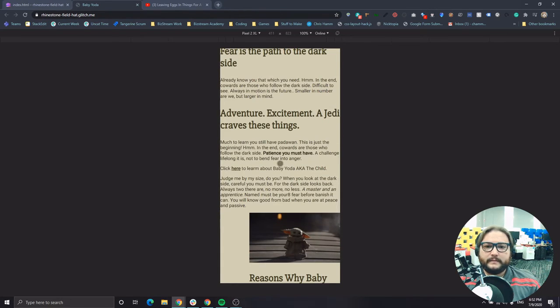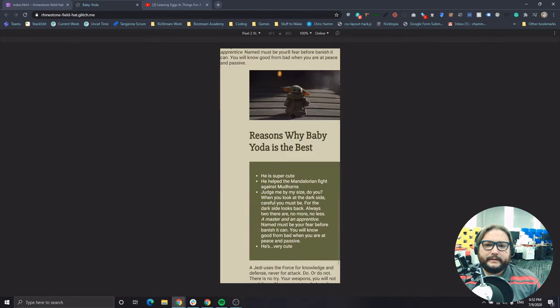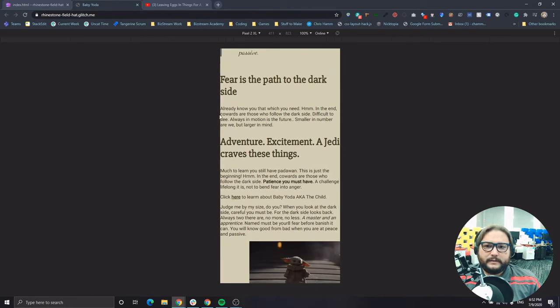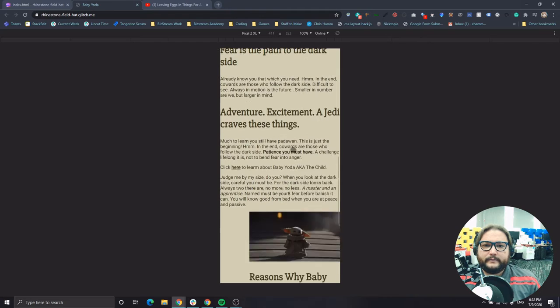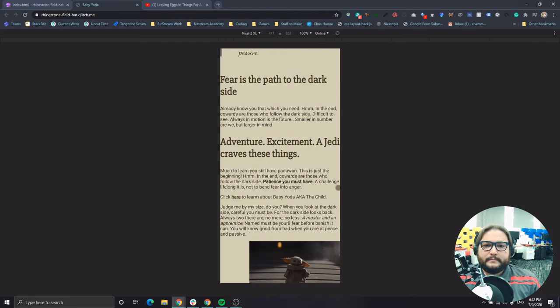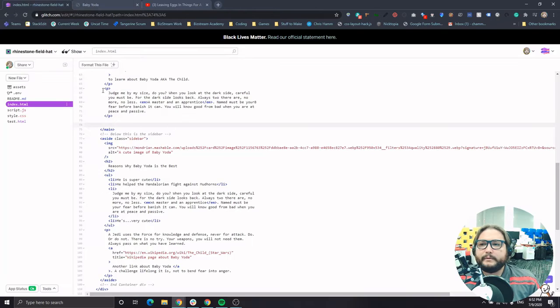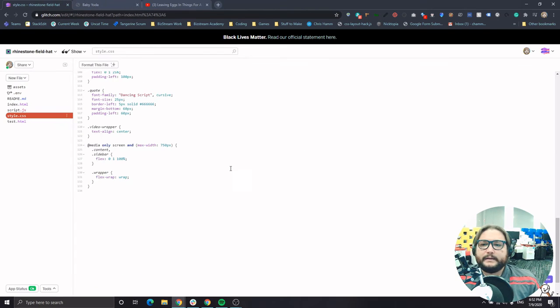Now, there's some things that we need to fix. It looked fine on the widescreen, but now that we're looking at it in phone mode here, this is right on the edge of the screen. That doesn't look good, and this is pushed over. So let's take a look and figure out how we can fix that. Well, we need some padding here, right? We need a little extra padding between the edge of the screen and the text, so it's easier to read. It doesn't look accidental. So we'll flip over here to our code, go to our styles,